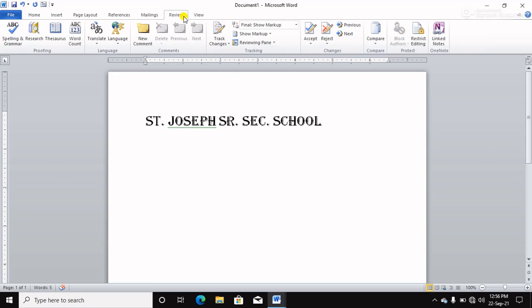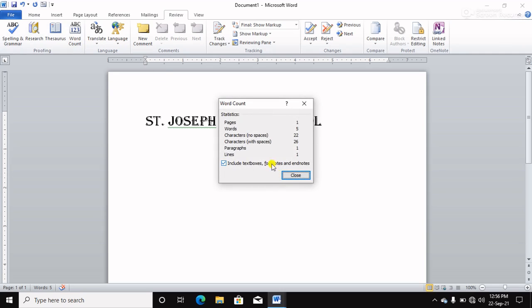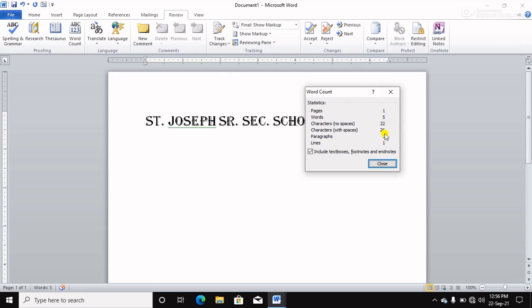Click on the Review tab and choose Word Count. See, pages 1, words 5, characters 22. Total characters are 22 without spaces, and with spaces the total is 26, because we have given 4 spaces here. Paragraph 1 and line 1.